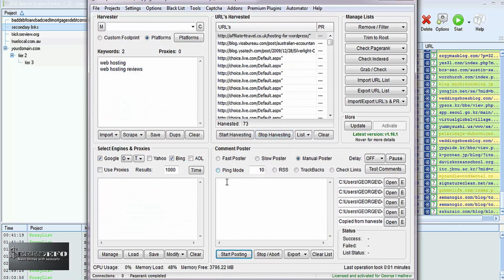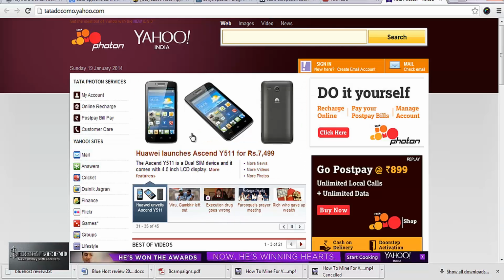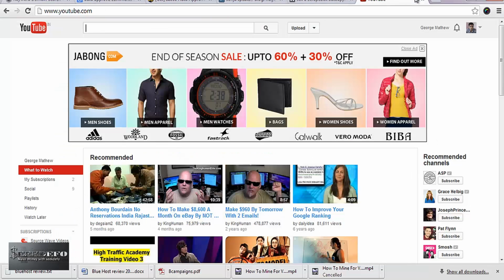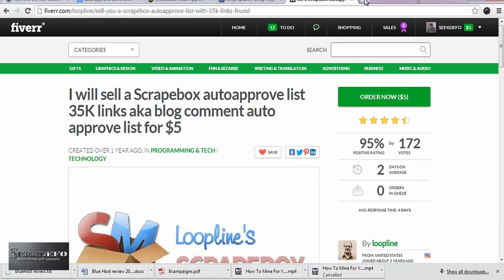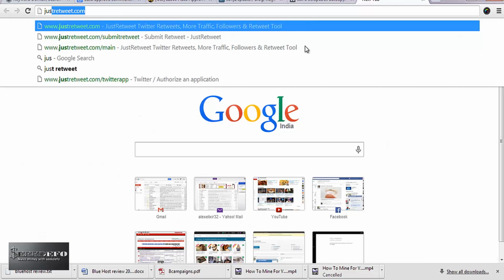This is how you can use Scrapebox to get HiPR comment links and build a natural nofollow and dofollow link profile. And Google has gone from just giving a weightage or leverage to links to something that gives leverage to social signals also. So what I would do here is just go to a site called